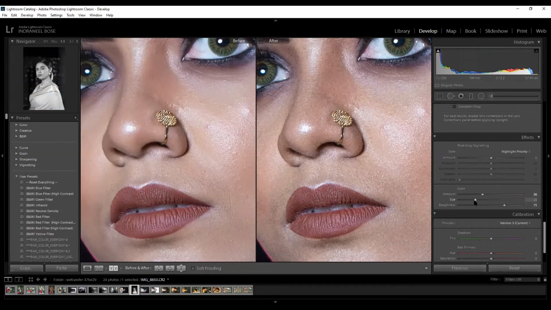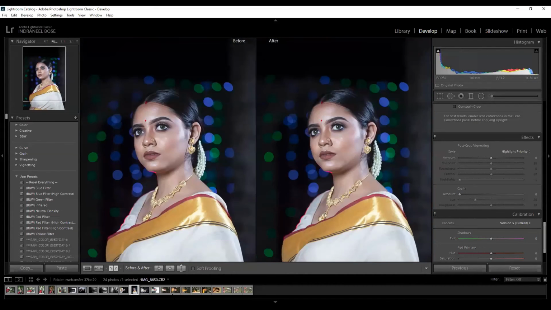Let me reduce. So it's clear between both the kinds of things we can work on.